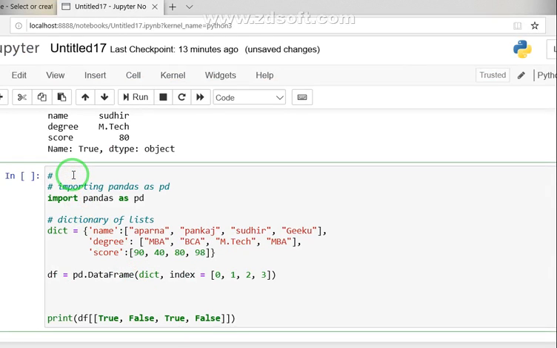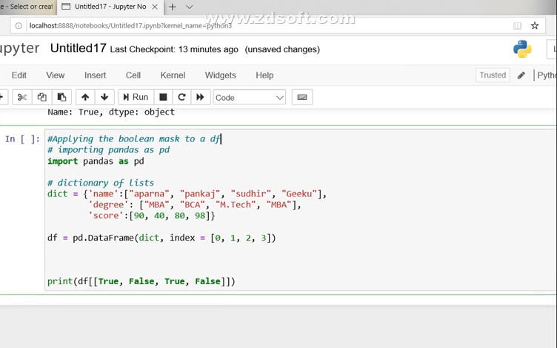Applying the boolean mask to a data frame. Now see students, the same example we are picking up here. Clear?